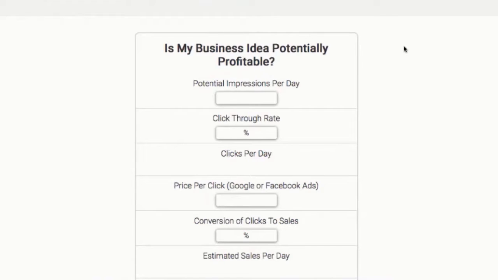You can also get in front of people who aren't actually searching. Don't discount the importance of that, because if you're a new startup, people might not know that they need you until they see your ad. So they're not actually on Google searching for a solution to their problem or pain, but it's in the back of their mind, and if they saw it on Facebook, or it was suggested to them that there might be a solution, then they might click through and become a lead or a sale for you.